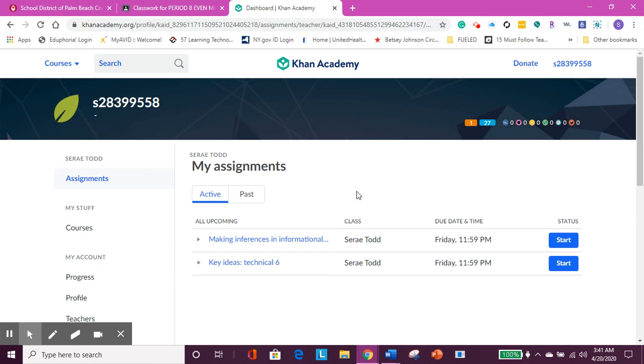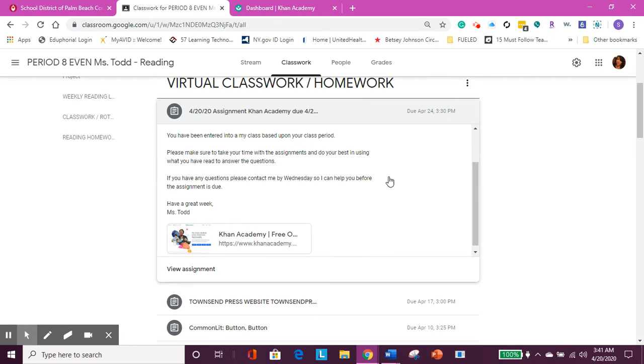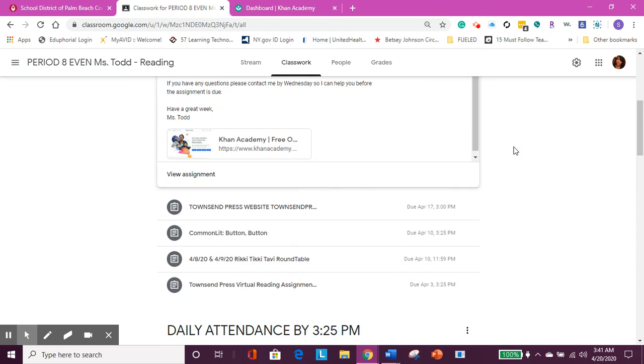I'm keeping it simple this week because I want you really to try to get the best grade possible for this week, because many of you have been handing in your assignments and just clicking on anything and thinking that that's going to get you where you need to go, and it's not.